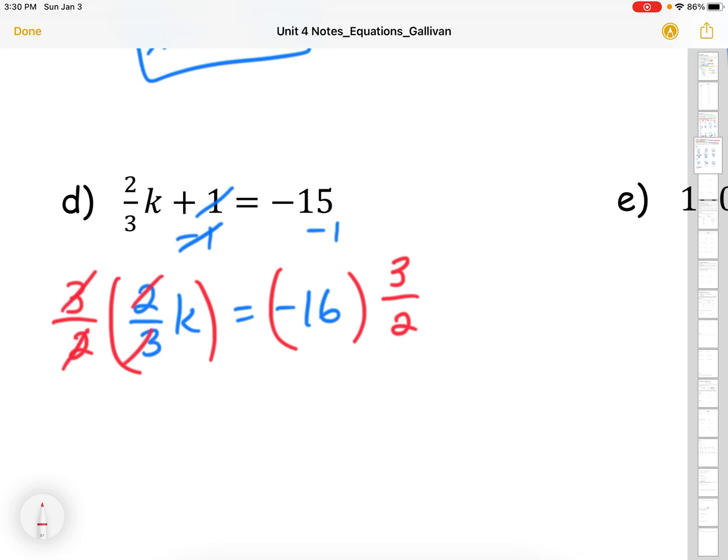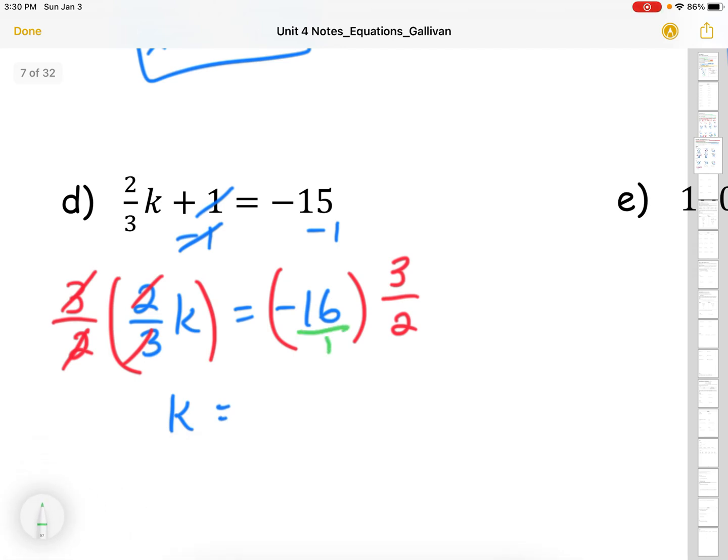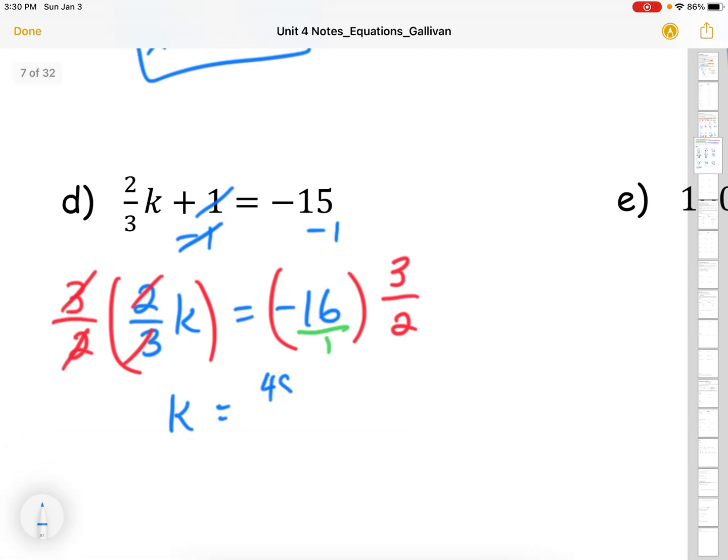Cancels out on this side. So I'll be left with k is equal to, remember, this is like having negative 16 over 1. So I would have 16 times 3 is 48, and it's negative, over 2. So negative 48 divided by 2